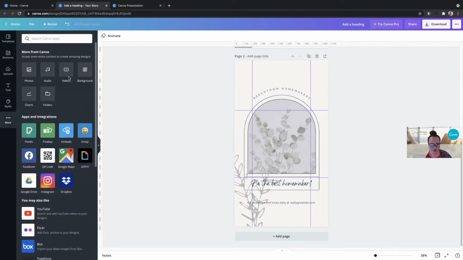And then they have videos. You can also add videos to your designs, backgrounds, and all that. We're not going to go over that today. We'll go over all of that stuff more in an advanced course. But let's go back to what we're creating here, so that we can talk about the tools that pop up when you're